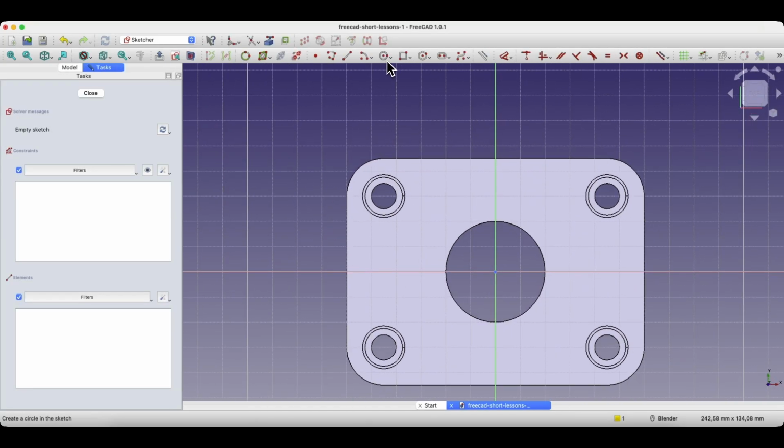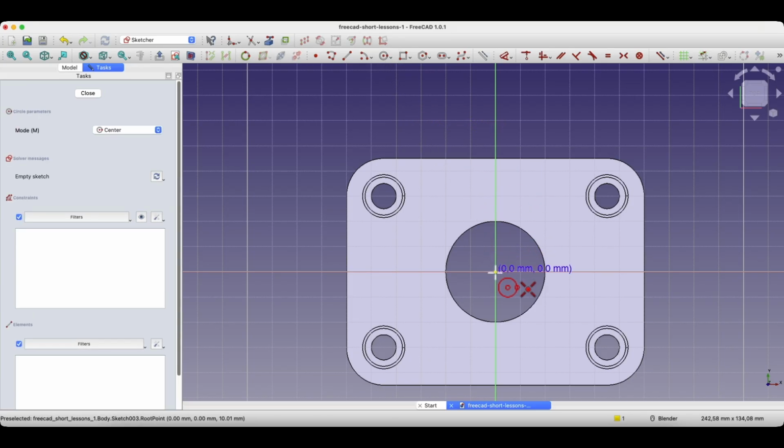And here we will draw a circle whose center will be at this point. That is, we hover over this point. Once this point is highlighted, we click the left mouse button and enter 55 millimeters as the diameter of the circle, and then press enter. Now we have this circle and the sketch is fully constrained. We close the sketch,